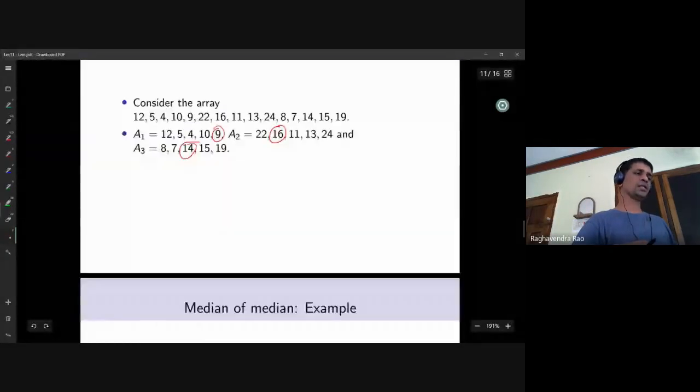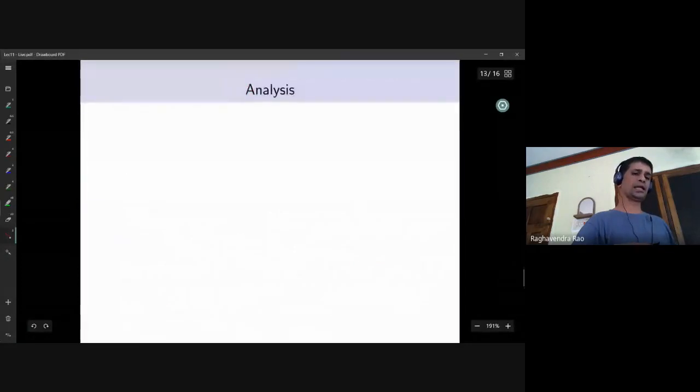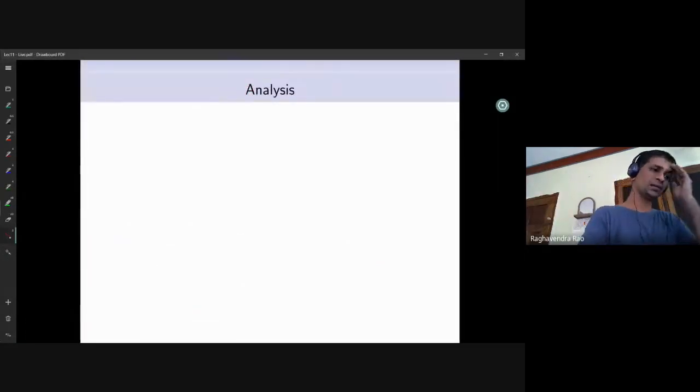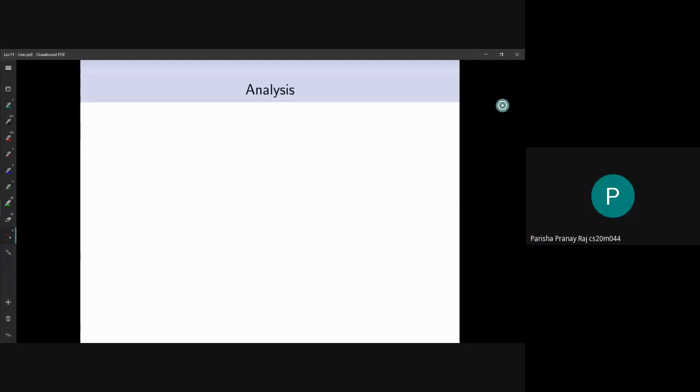Now the hard task is to bound the running time. Is it clear the algorithm is correct? Will you be able to write down the argument? The correctness follows. Is it not the same as the previous algorithm's correctness? Just here we are replacing the random part with the deterministic part of choosing a pivot.